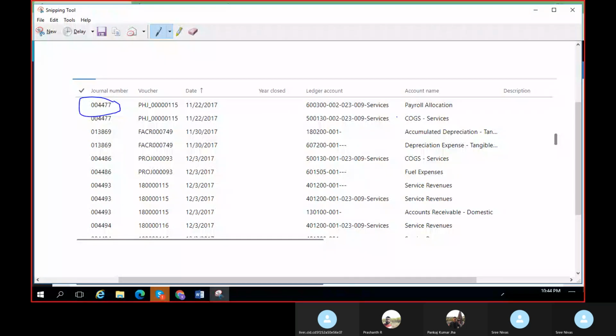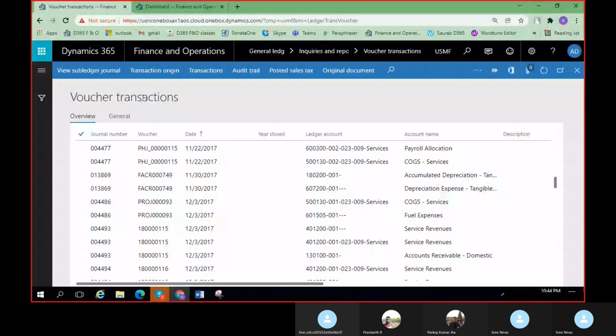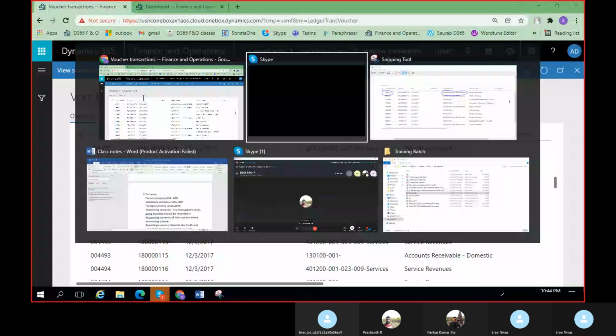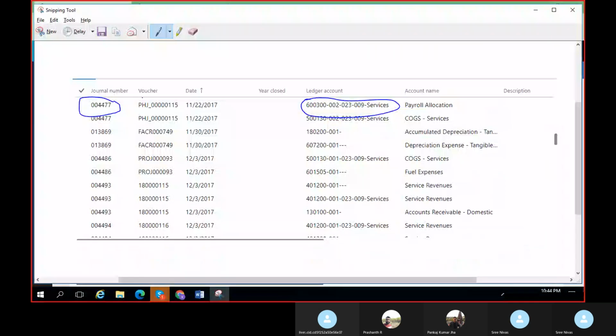they just sent the screenshot and they're asking which module this ledger account or these transactions are related to. If they have sent the entire screenshot, it is easy for you to identify. If it is an easy task, then they are not going to take our help, right? Since they didn't understand how to use D365, the end users are taking our services. So they just sent the screenshot, and the stakeholders arranged the call and asked my friend, just tell us which module these transactions are related to.